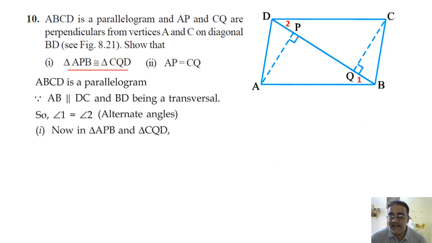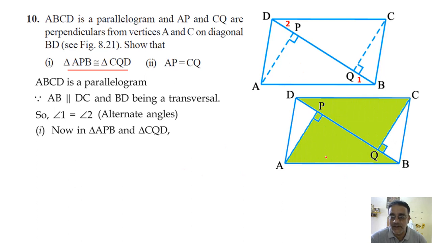ये triangle identify कर पा रहे हो? ये दोनों? Yes, अच्छा sir. ठीक है. मैं इसमें Yes, काम sir. करता हूँ. ये वाला यहाँ पे draw कर देता हूँ. Now it is easy to identify. Yes, sir. Yes, Yes, sir. sir. Okay. Now already we have shown these two angles are equal.